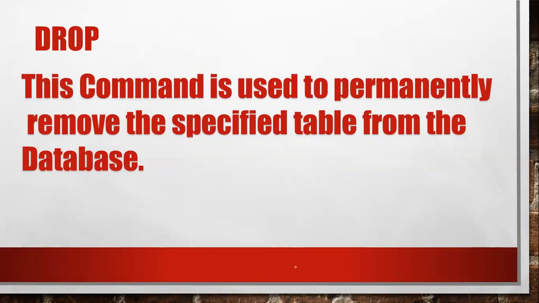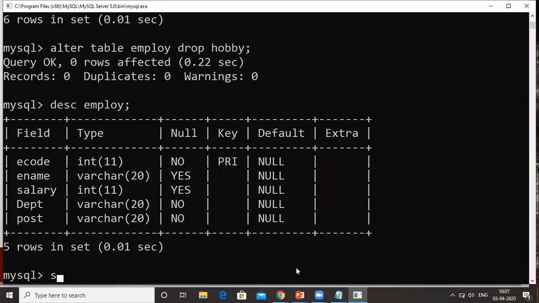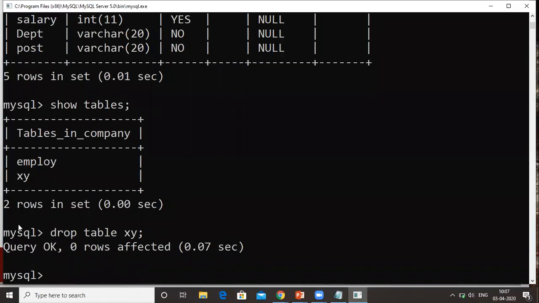Okay, so let me explain this. First of all, I write the command show tables. Now you can see that in the company database there are two tables, one is employee and the other is the XY table. Suppose I want to remove this XY table. How can I remove it? I will simply write drop table, and the name of the table is XY. When I press enter,